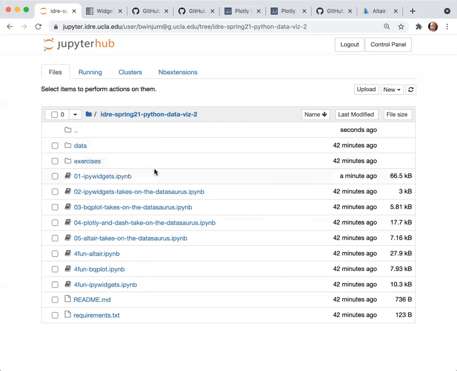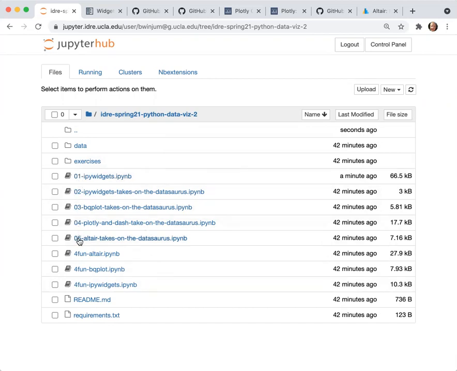Just to orient you, some of the notebooks that I've included here, my intention is to give you exposure to a variety of different libraries. Unfortunately, I can't dive very deeply into any of the libraries by themselves.